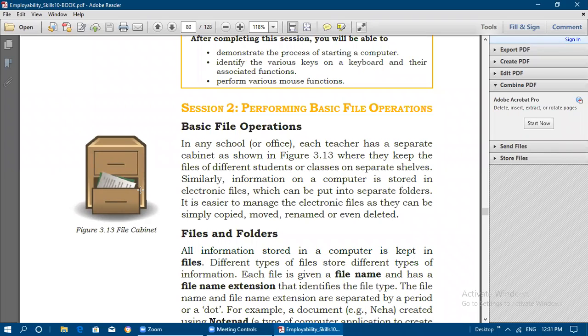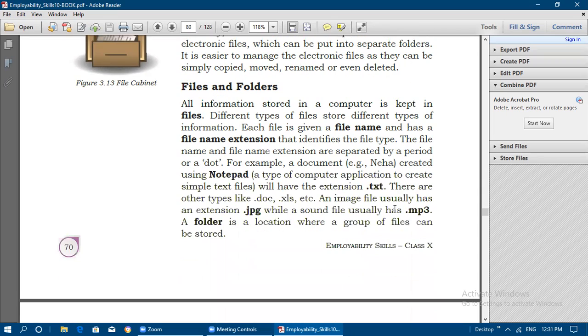It is very easy to manage electronic files as they can be simply copied, moved, renamed, or even deleted.